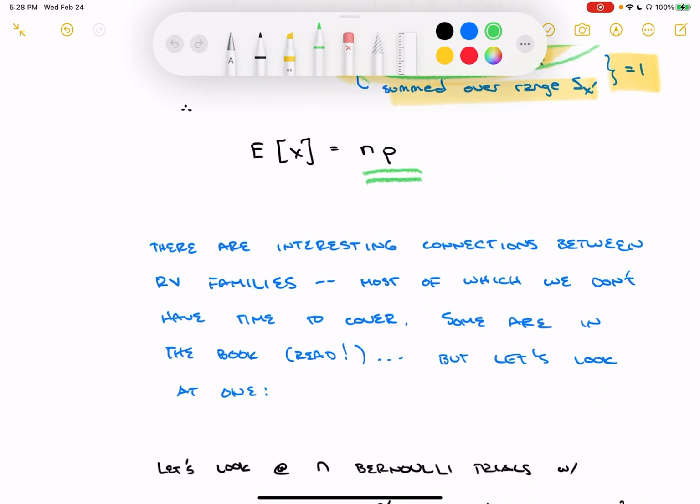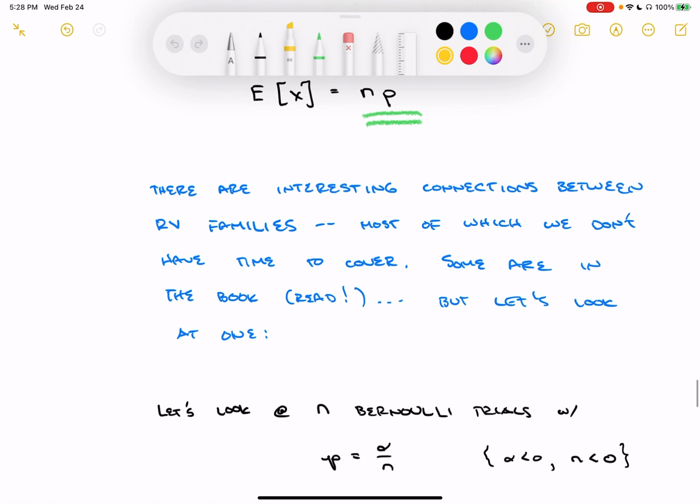Okay, one more topic before we finish today, and I'm going to go through this fairly quickly because it's not a major one. I'm just going to say that there are some super interesting connections between random variable families, most of which we don't have time to cover. Some are in the book, and I do encourage you to read the book. It's not like we have a really heavy reading assignment in here, but I would like to look in